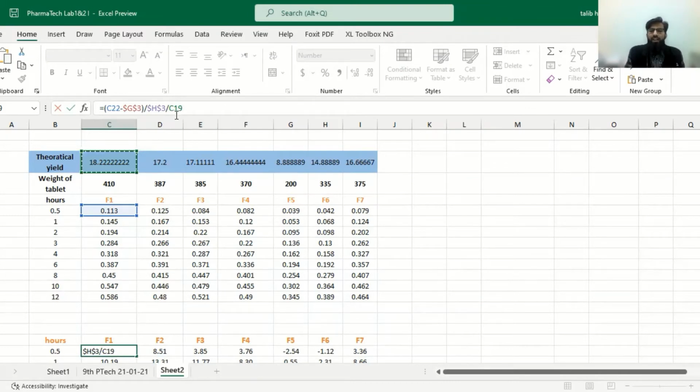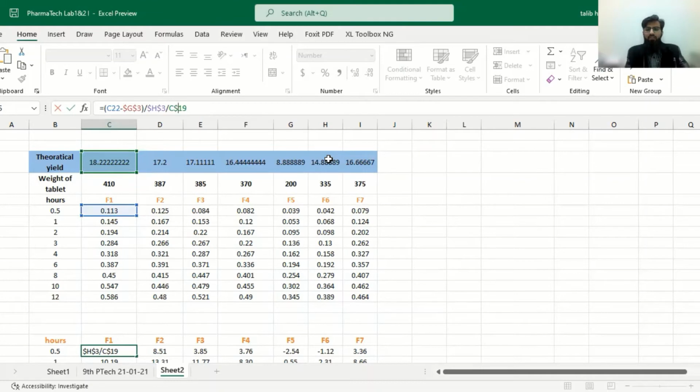This will also change whenever we drag it. When we drag it towards the right, it will shift from here to here and here. This is required because when we analyze for F2, the dragging is required, meaning the column should not be fixed. But if we are dragging downwards among the rows, it will shift from 19 to 20, 20 to 21. So this should actually be fixed.